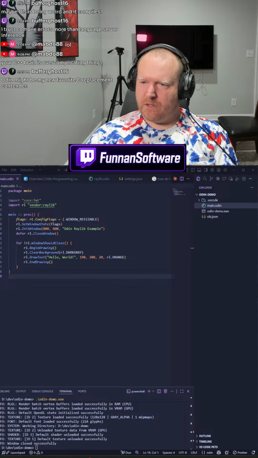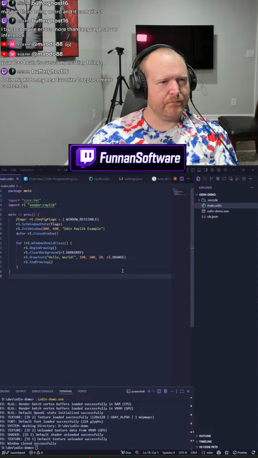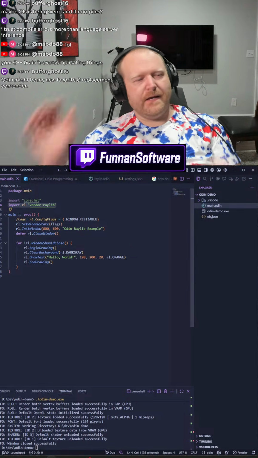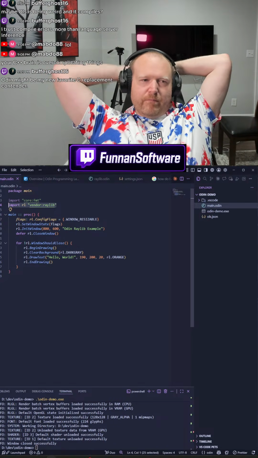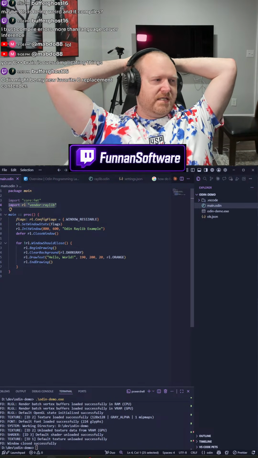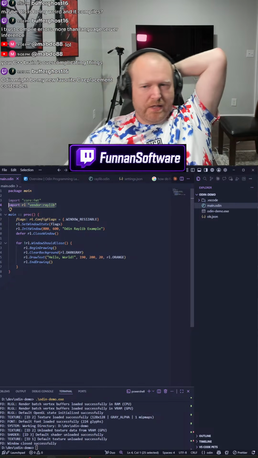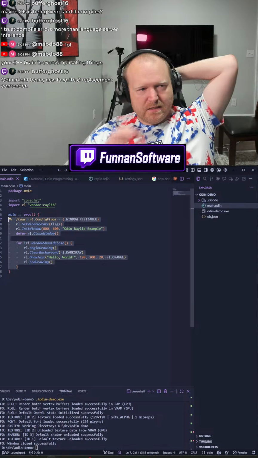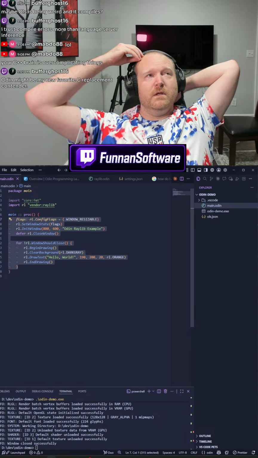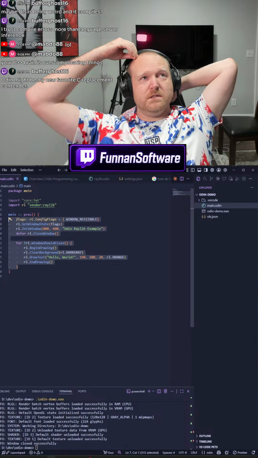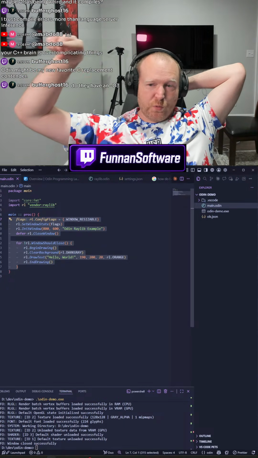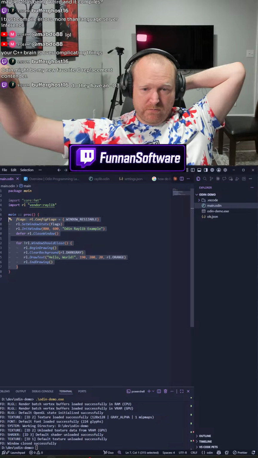So again, my executable right now is 716 kilobytes, which is pretty big for doing something like this, but part of that reason is it's almost certainly statically linking raylib into my executable.